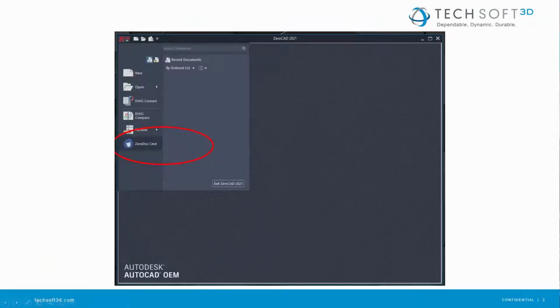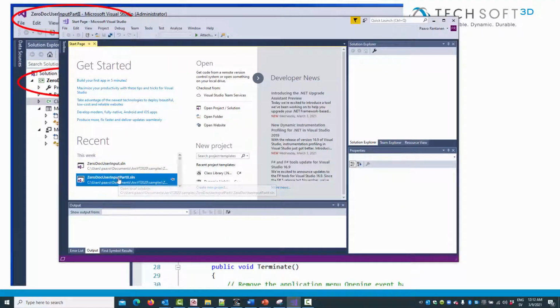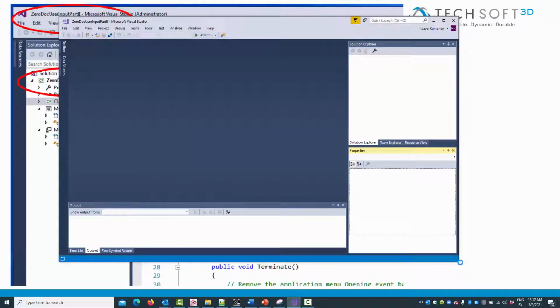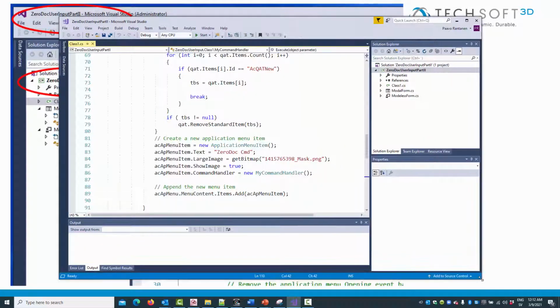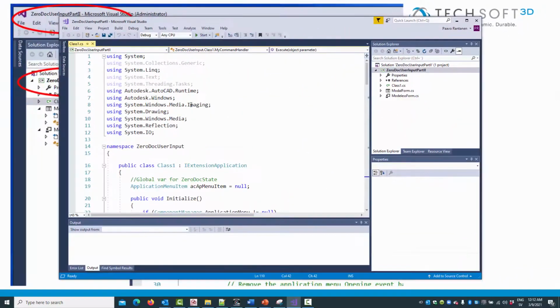This is what we ended up with after part 1. The custom command on the application menu during zero-doc state. For this exercise, we need to download the exercise part 2 from the developer zone and open it using Visual Studio. You can see in the Solution Explorer that we have introduced some UI elements, a modal form, and a modeless dialog.